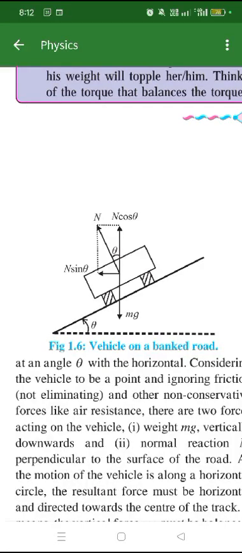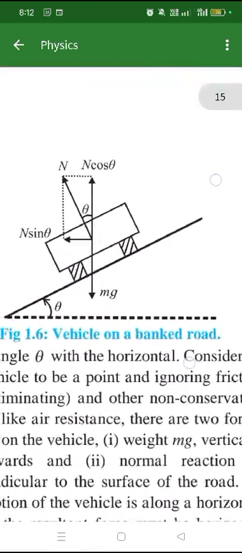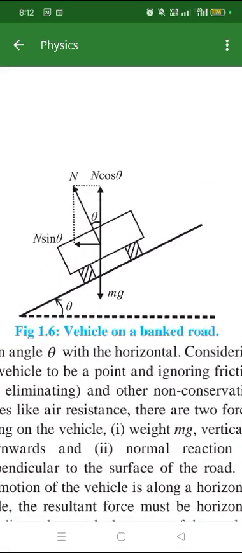Hi, so today we are going to talk about banking of a road. First of all, what is banking of a road and why do we need it? Banking of a road actually reduces the amount of friction required by the tires to grip the